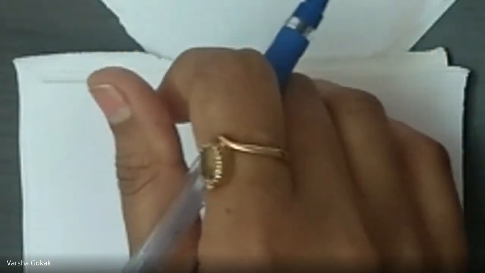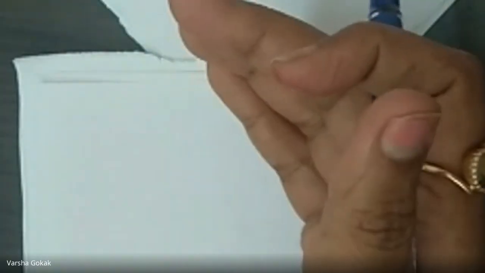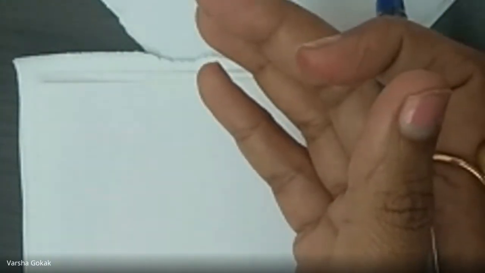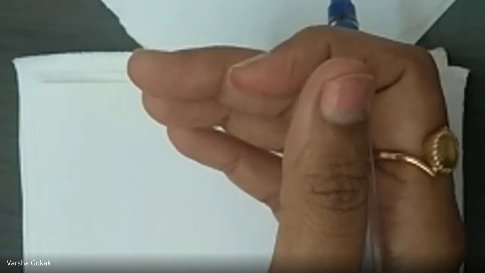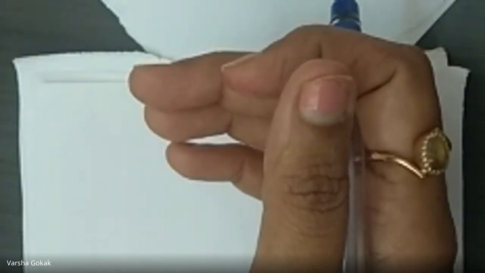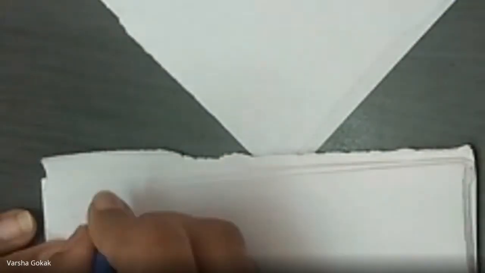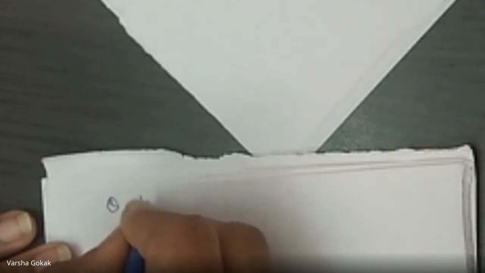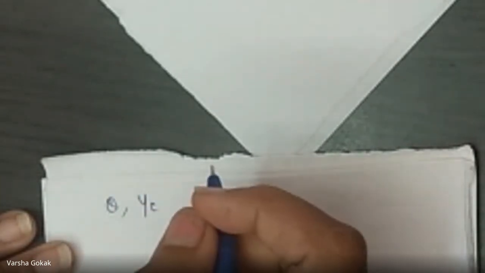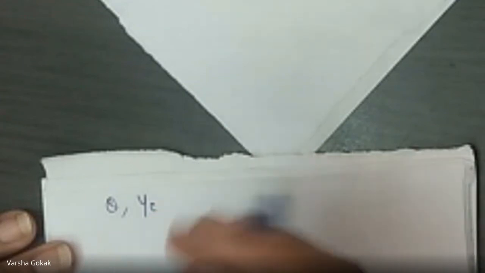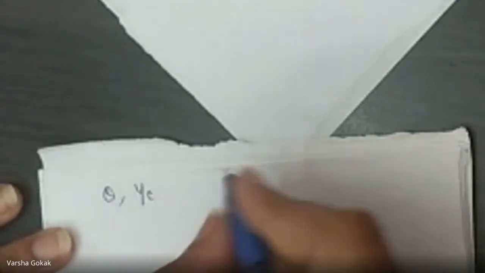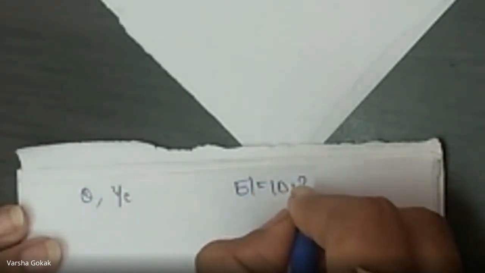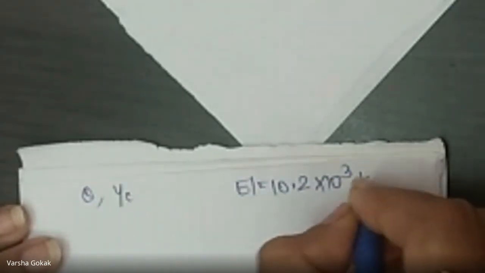So, numericals, if you know the standard procedure, then you will be applying the same standard procedure everywhere, right? So, keep the procedure in your mind. Okay. Find the maximum slope and deflection. So, we have to find both slope and deflection, right? For the beam shown in the figure, using the moment area method, take Young's modulus. Now they're giving us the Young's modulus in this particular problem: 10.2 into 10 raised to 3 kilonewton per meter square.